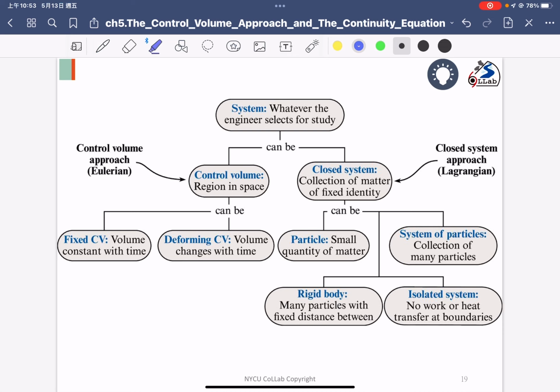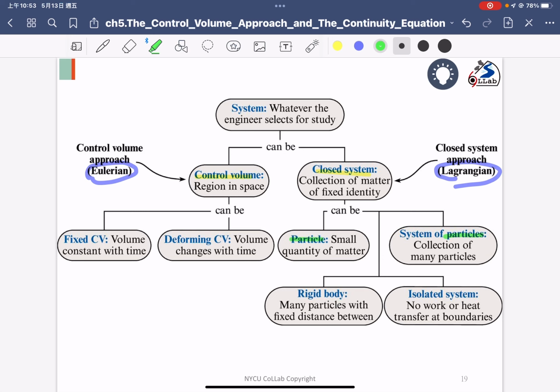You see the larger difference in the different concepts, the Eulerian and the Lagrangian, related to the closed system and the control volume. For the closed system, you only see some particle, because we need to fix the particle and check what happens to the particle at